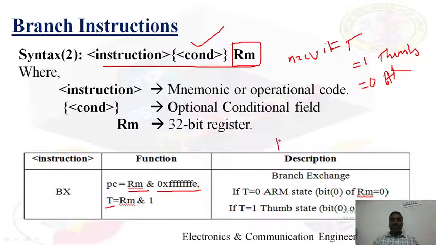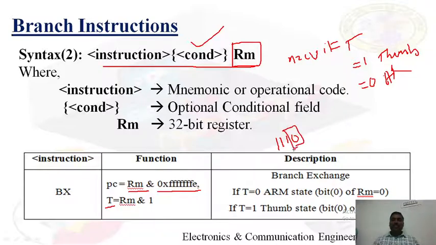E means 1110, so the last bit is 0. In order to jump from ARM state to Thumb state, the last bit may be made 1. But we make it 0 for word alignment, because ARM will not obey odd-aligned words. Always the data should be stored word aligned. That is, 32-bit data must be stored from 0 to 3, 4 to 7, and so on. So it will not accept odd addressed data. So here the last bit is ANDed with 0.